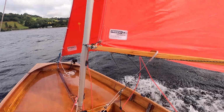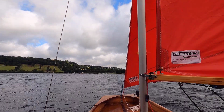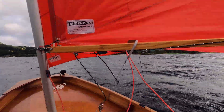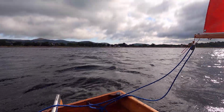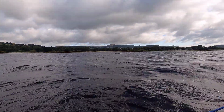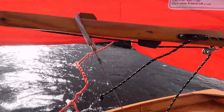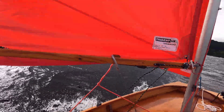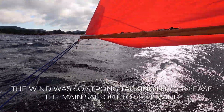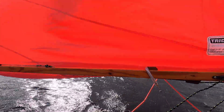Let's get some speed up. Know where we're going. Okay. So we're going to tack and beat back up wind now. Good. Okay. Right,